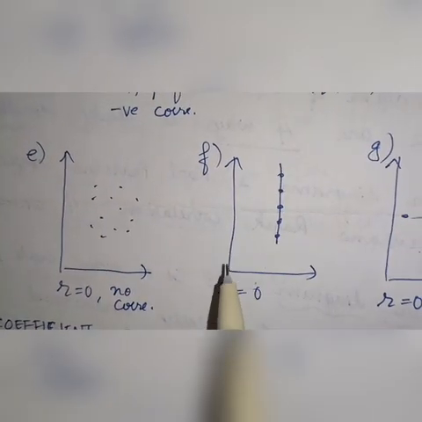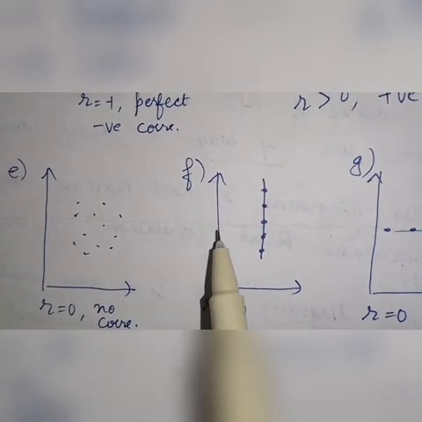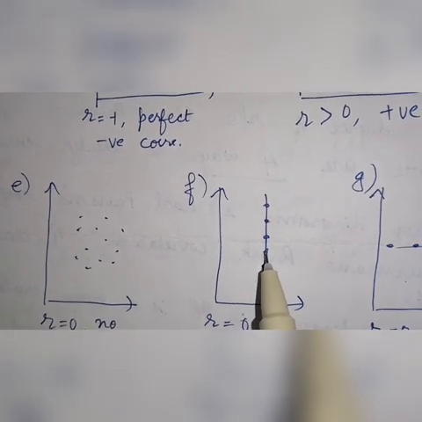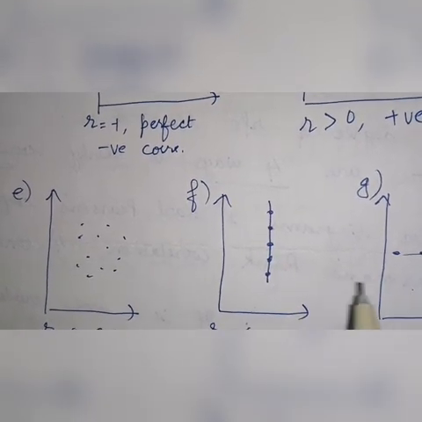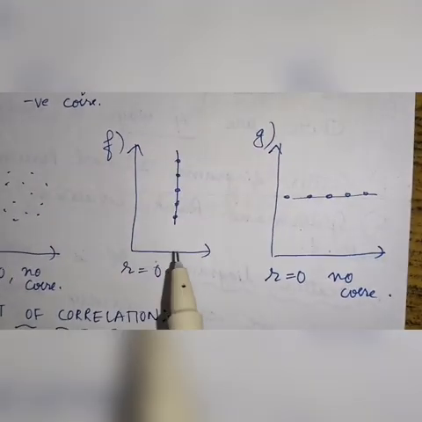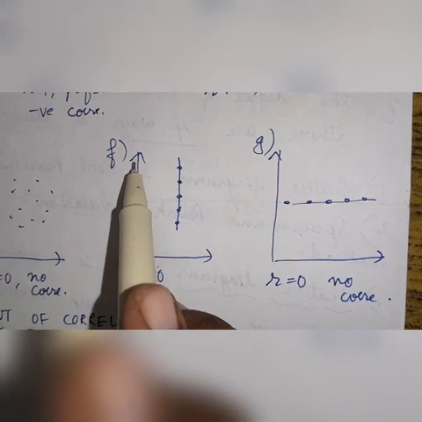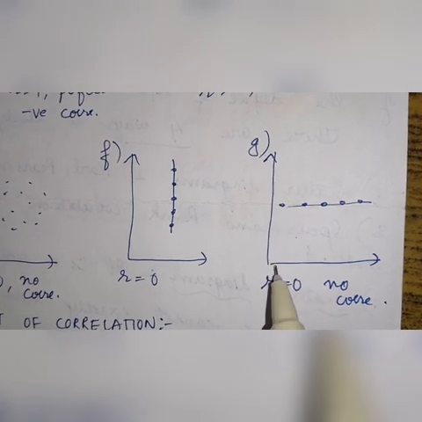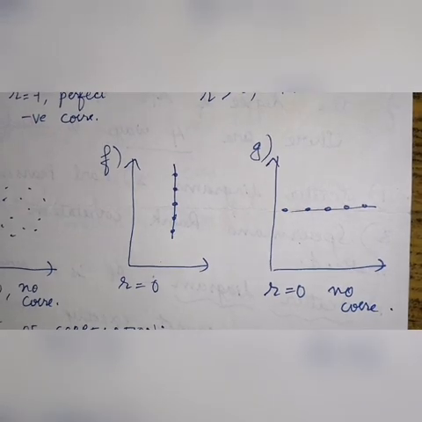Okay, one coefficient is 0, only the other one has values. Now x equals 0 and y equals 1 is here, x equals 2 and y equals 0 is here. So what happened in these two cases is that one variable is absolutely 0 and only one variable is functioning. Here only y is taking values and x remains constant, and here only x is taking values and y remains constant. So in such cases also there is no correlation.